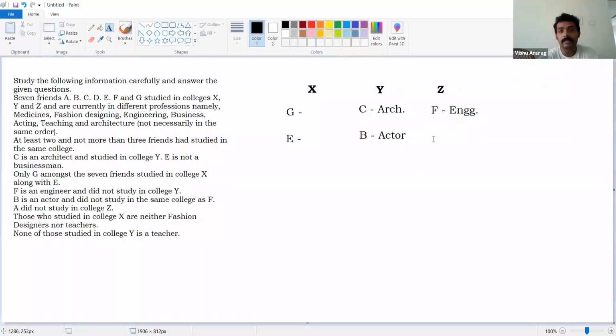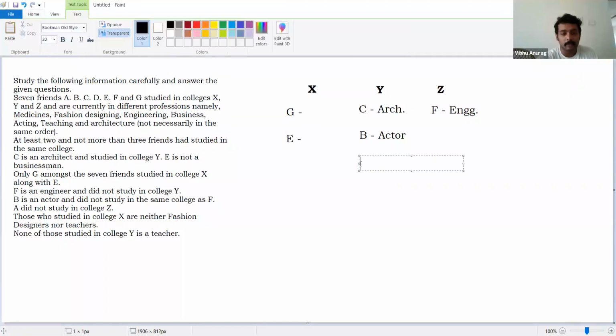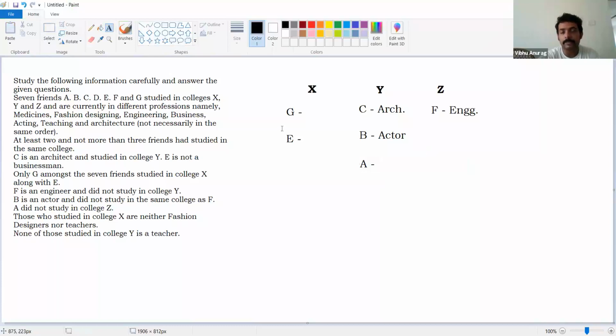A did not study in Z, which means A studied in Y. And that means, of course, now G and D are here, C, B and A are here. So everybody else has studied in Z. So which means that